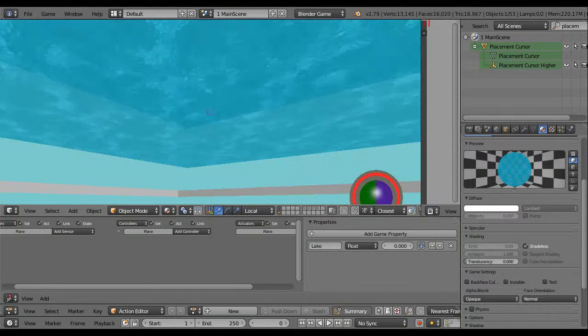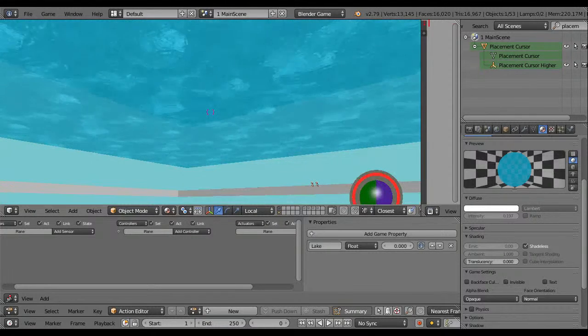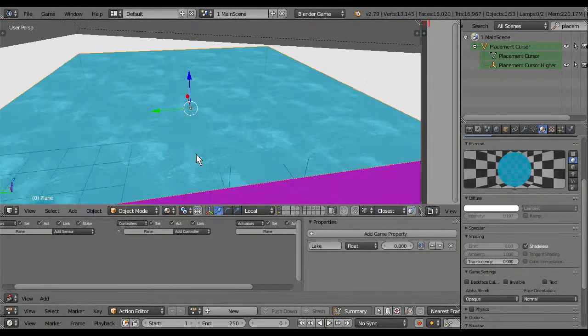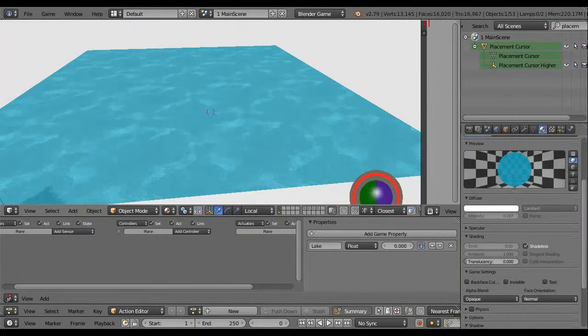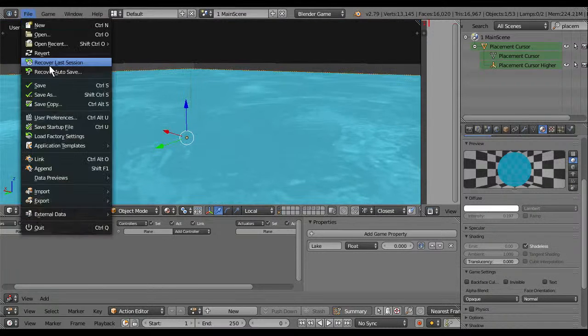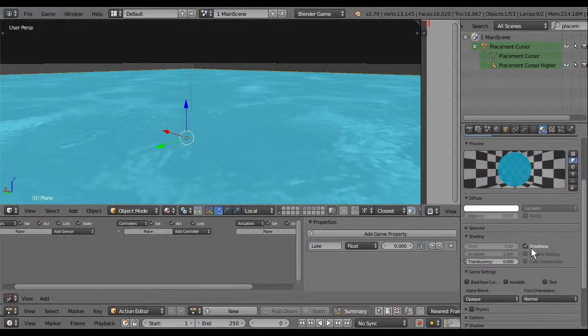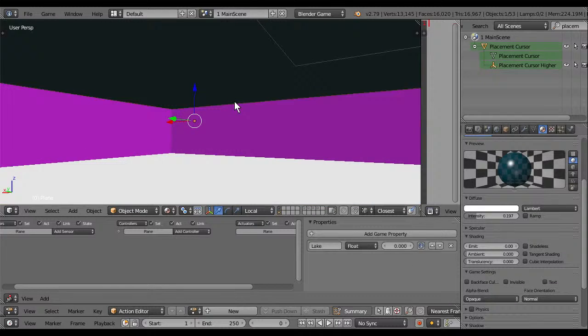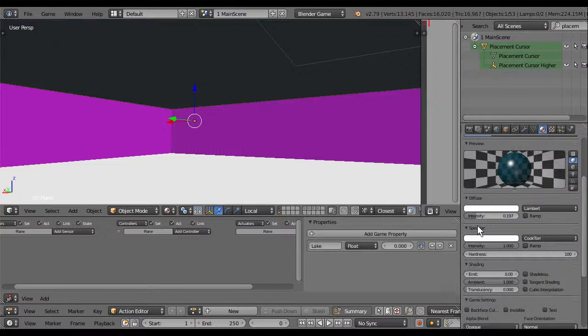So from inside I can see the river still flowing. I need to save this. Maybe the ambient, maybe. No. Let's go back to intensity to 1.